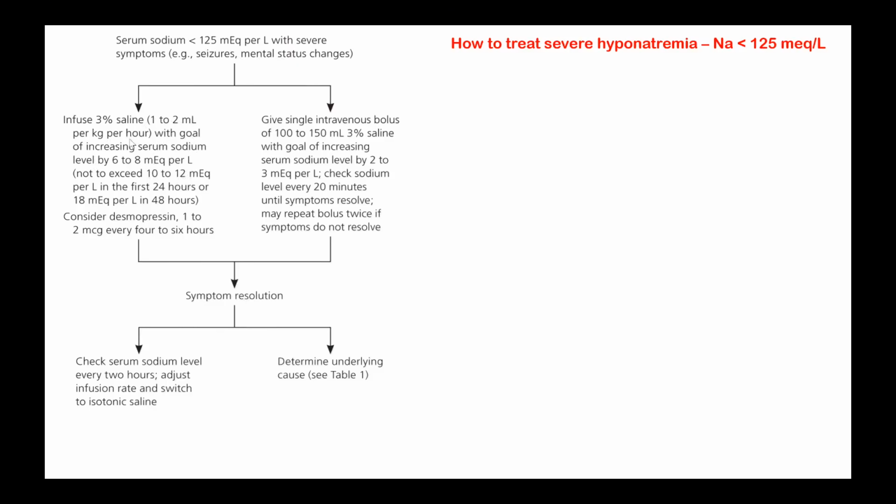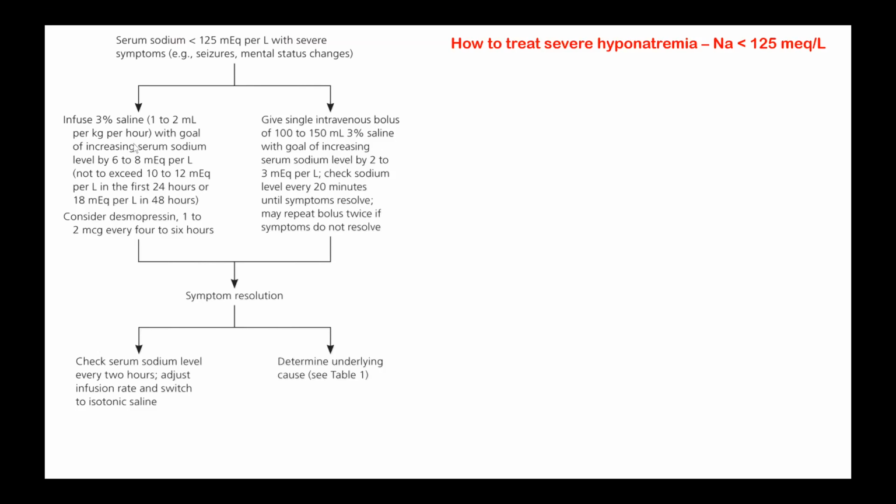So all of you know that rapidly giving 3% saline will cause osmotic myelinolysis. So it should not be given rapidly. So slow correction should be done. And this is the guideline, 1 to 2 ml per kg per hour. That means for a 70 kg man, you can give anywhere from 70 to 140 ml per hour of 3% saline. And check the osmolality and serum sodium level every 12 hours